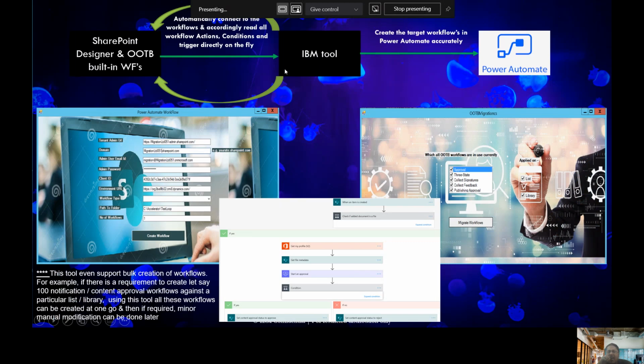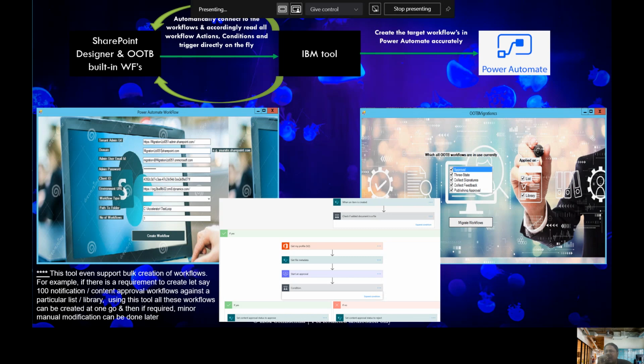As you can see on this screen, this is how the tool will work. As I said, this SharePoint workflow migration tool is intelligent enough to automatically connect to the SharePoint Designer workflow, automatically retrieve the workflow actions, conditions, and triggers, and automatically create the target workflow structure in Power Automate accurately.